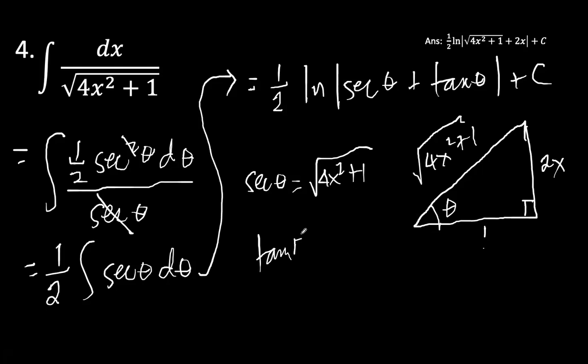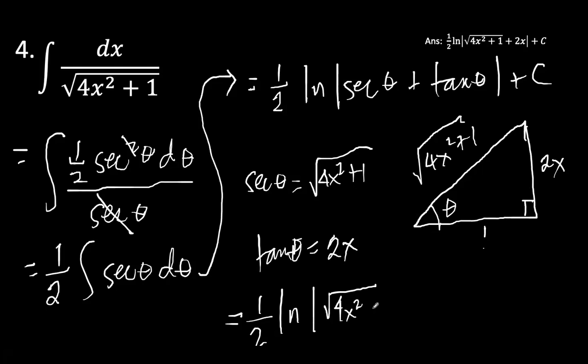And tangent theta is equal to opposite over adjacent. That's equal to 2x over 1, which is 2x, right? Opposite over adjacent. So therefore, we can now substitute. Our final answer is 1/2 times the absolute value of the secant, which is the square root of 4x squared plus 1, plus the tangent theta, which is equal to 2x, plus